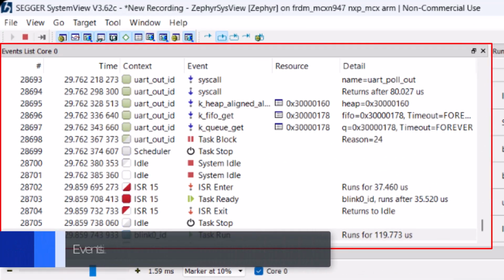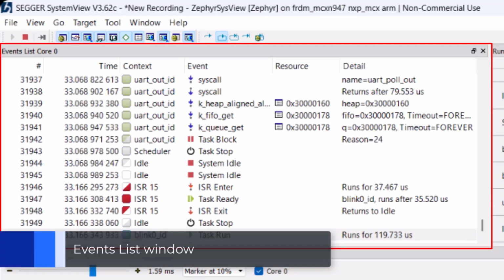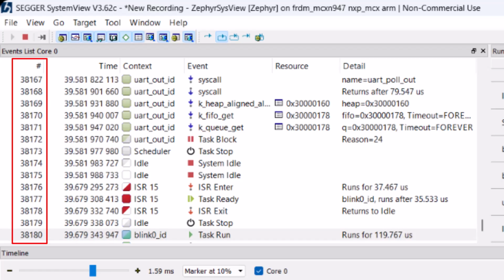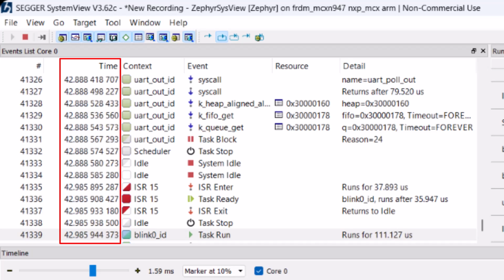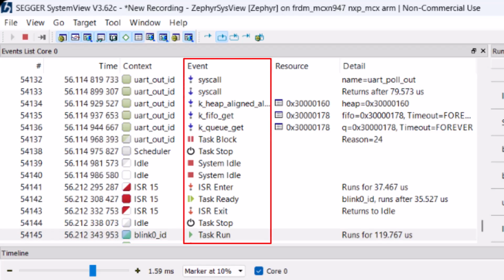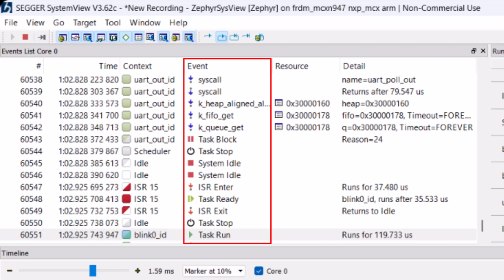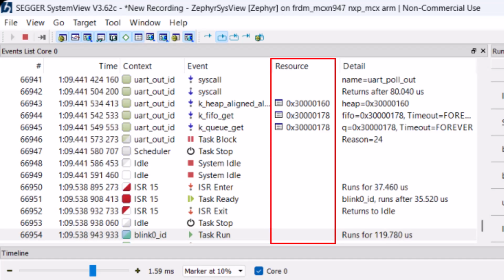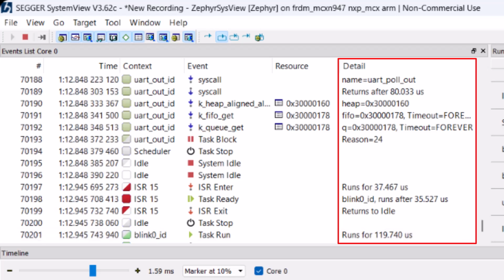The Events List window shows all events as they are reported by your application and displays their information, such as an ID to locate events in the list, a timestamp selectable to be shown either in target time or recording time, the active context, meaning the task, interrupt service routine, etc., which was executing, an event description displayed with the type of event, for example, interrupt service routine entries and exits, task activity, or API calls, any resources that are associated with the event, and the event details describing the parameters of the event, for example, the API call parameters